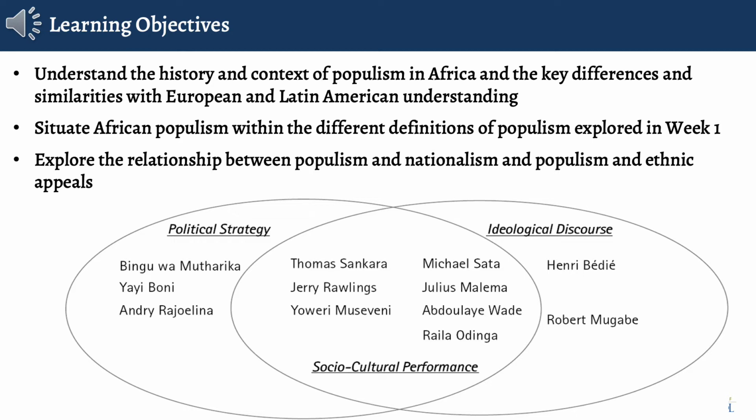So what we're going to be doing is understanding the history and context of populism in Africa and key differences and similarities with European and Latin American understandings of populism, and situate African populism within the different definitions of populism we explored in week 1. We'll also be looking at how populism interacts with nationalism and ethnopopulism as a distinct concept, and in what contexts ethnopopulism and populism more broadly can be a winning strategy, and in what contexts it might not be successful,